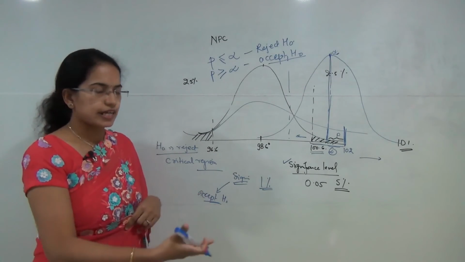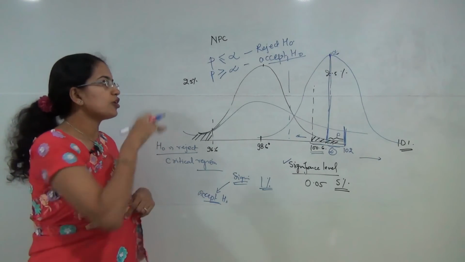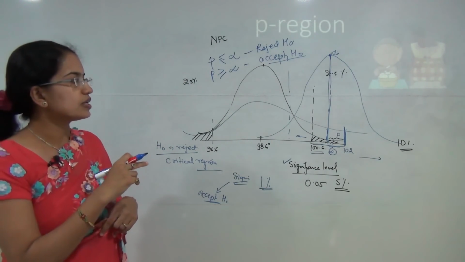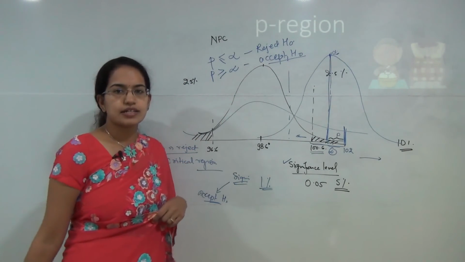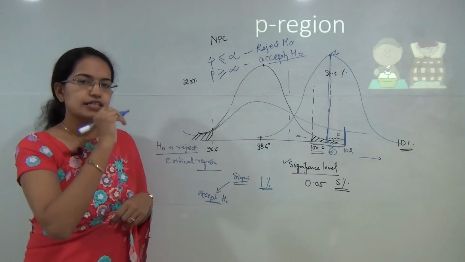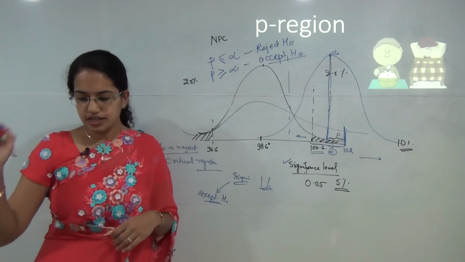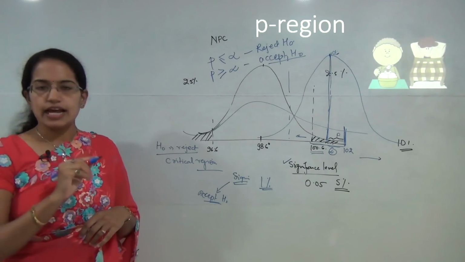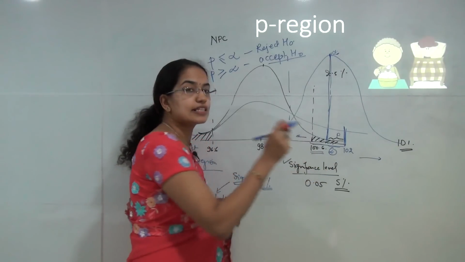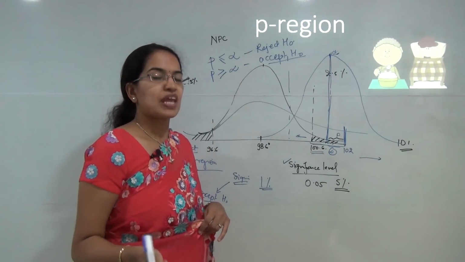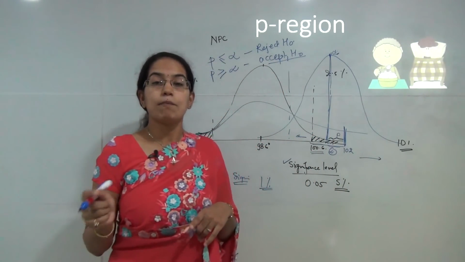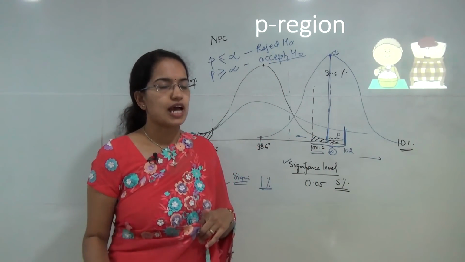Now let's go back to the same example where we talked about the child and the temperature. What would be alpha in this case? Alpha in this case would be a case where the child is not having fever, still I am concluding that the child is running a temperature, and that is the alpha error. So the child does not have a fever, but still I conclude that the child has a fever.